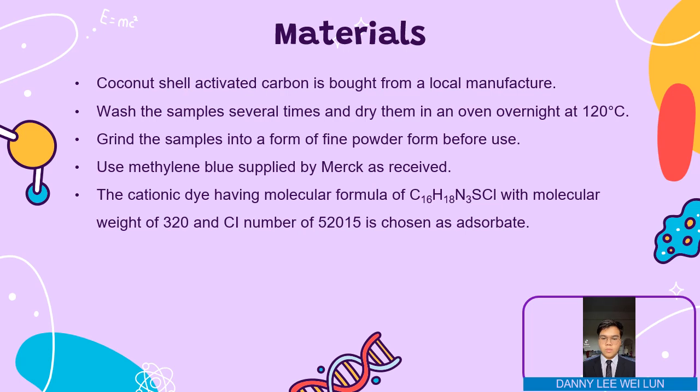Here are the materials needed for this experiment. Coconut shell activated carbon is bought from a local manufacturer. Wash the sample several times and dry it in an oven overnight at 120 degrees Celsius. Grind the samples into a fine powder before use. Use methylene blue supplied by Merck as received. The cationic dye having formula C16H18N3SCl, with molecular weight of 320 and CI number of 52015, is chosen